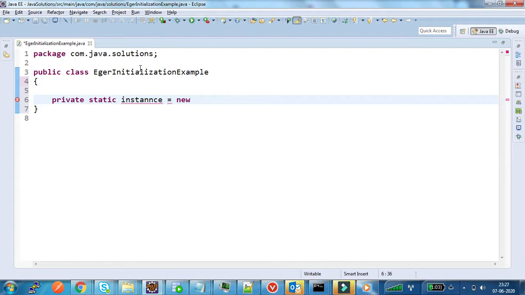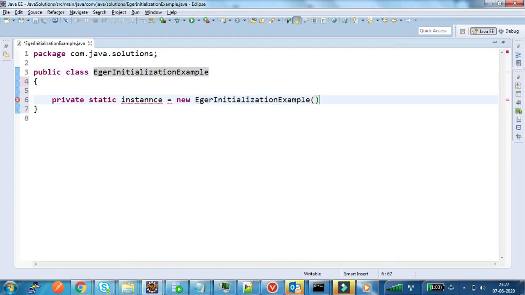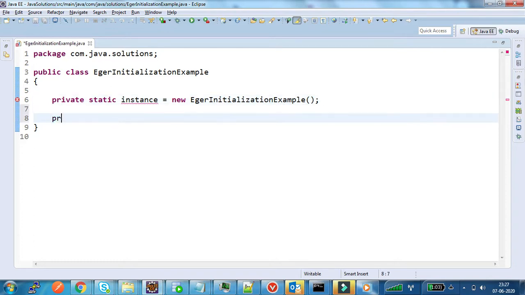Here I am creating the instance of this class. And I am also making the constructor of this class private so that outsiders cannot create the instance of this class directly.